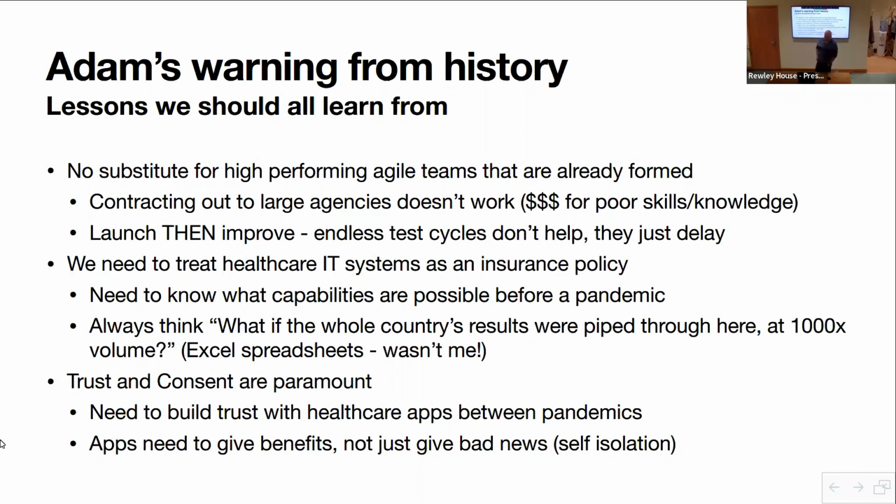And there was some internal work done in the nudge unit at the Cabinet Office that showed if an app could prove it was working, for example, if it showed you how much you were mixing, and you went, oh yeah, that scores basically how much mixing I've done this week, yes, I trust that data, then when it asked you to self-isolate, you'd think, well, it looks accurate, so I should probably do that. They figured out you were twice as likely to adhere to the advice, but we never ended up adding that into the app. Apps need to give benefits, not bad news.